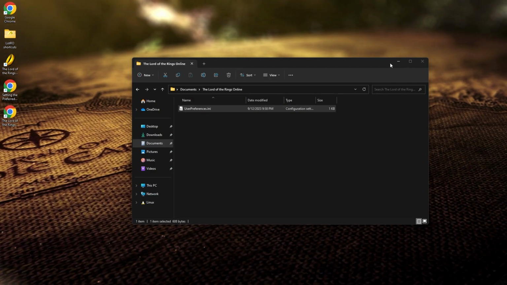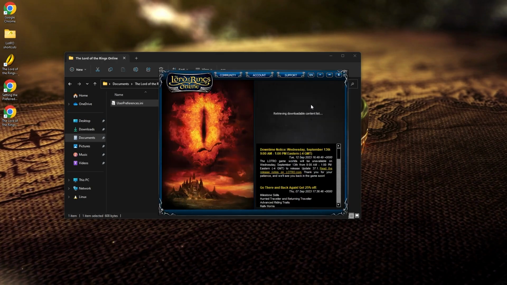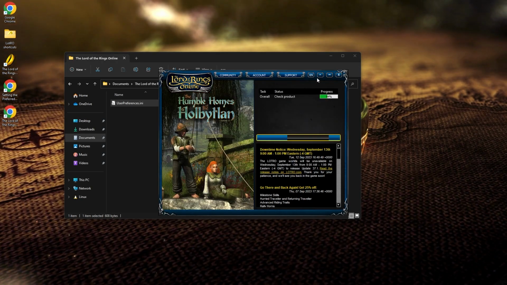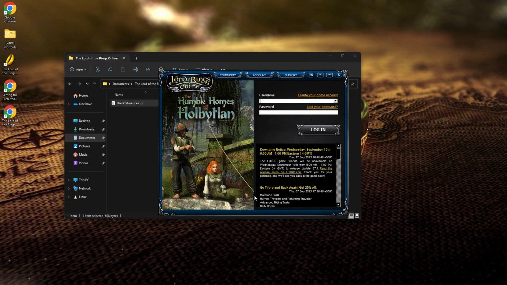Okay, so let's launch it again and change the graphics adapter. I don't remember this option being here. I'm pretty sure we used to have to, long ago, just guess and set that by hand in the user preferences. Could be wrong though. So if we change this from automatic to explicitly say, let's use my 4090,